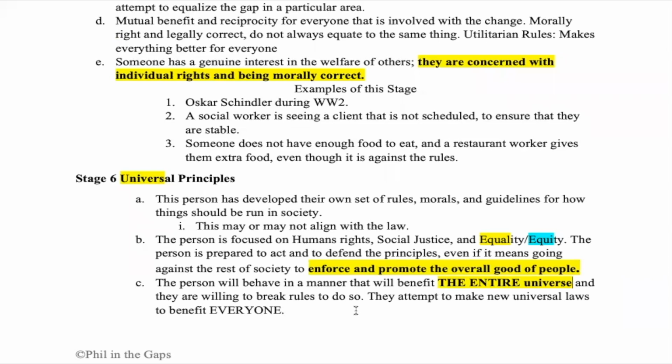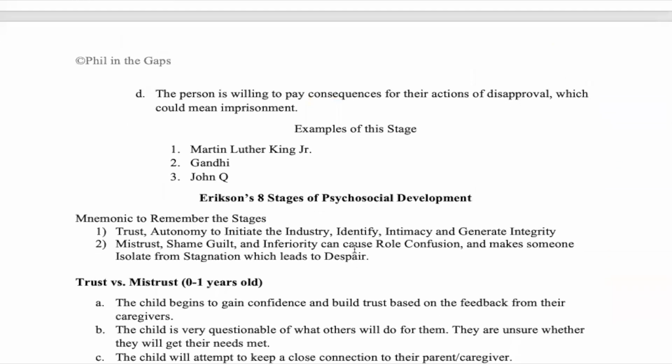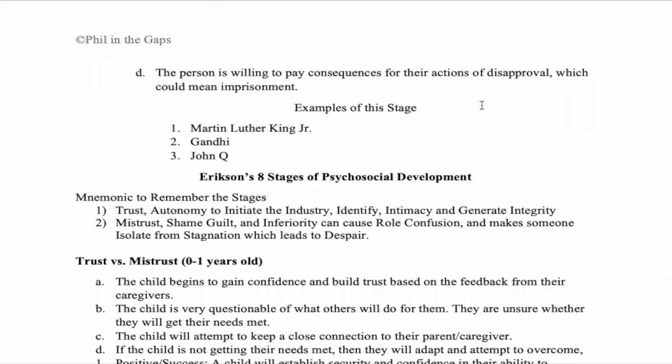So they attempt to make new universal laws to benefit everyone. Universal principles is where you're trying to advocate for every single person in the universe. So it's based on the thought that the person is willing to pay consequences for their actions of disapproval, which could mean imprisonment. They're like, I'm willing to put my life and my entire rest of my life on the line. So they're like, you know what? I'm willing to go against society, the rules, the laws, and anything. And you could put me in prison, but I will not